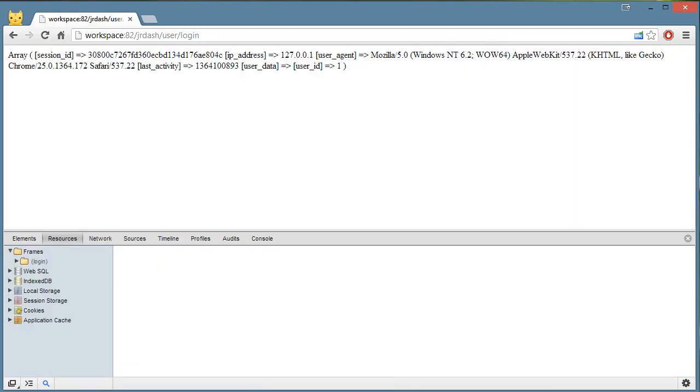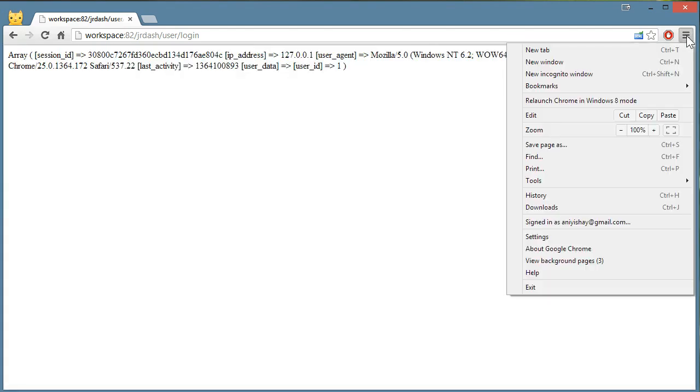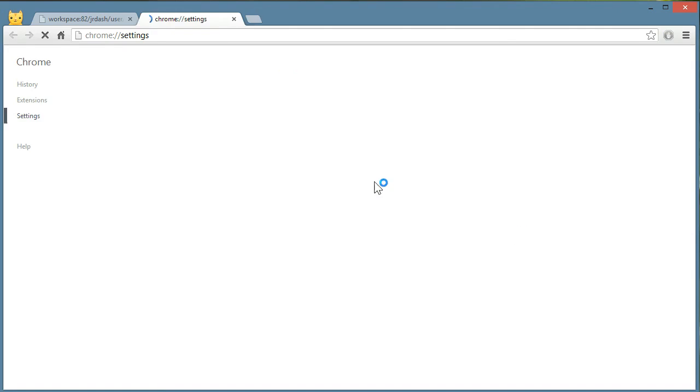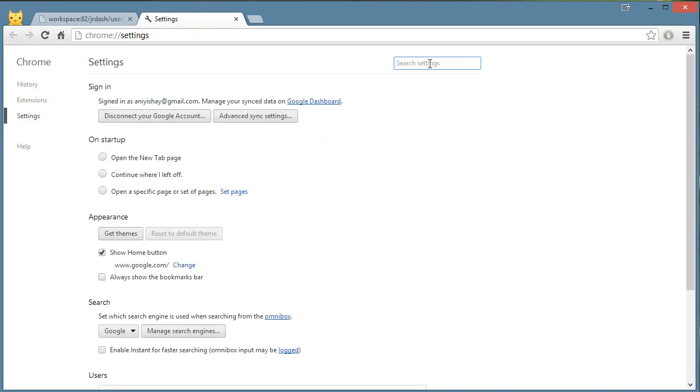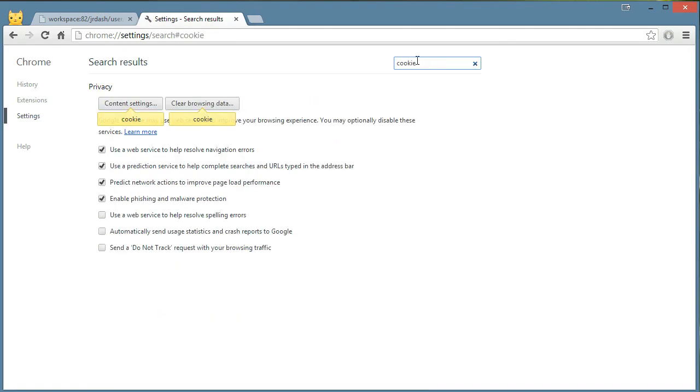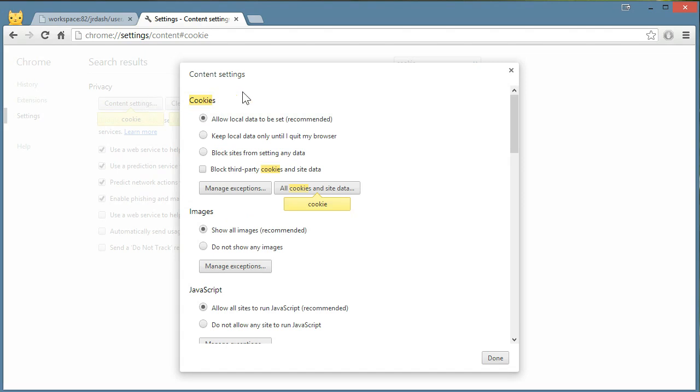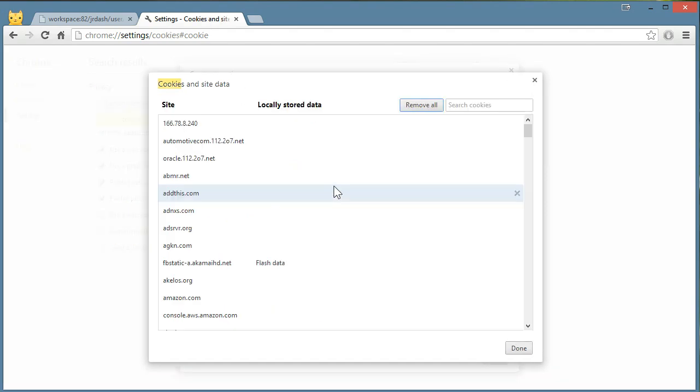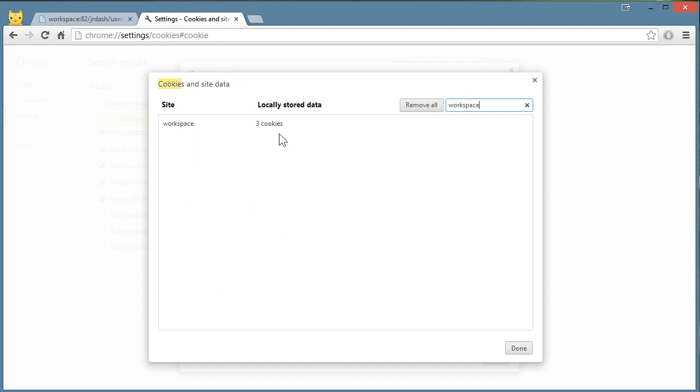Forgive me, it's not this area. It's actually in your settings. So settings, and I'll just search for cookie and content settings, all cookie and site data, and I'll just look for workspace, and we have 3 cookies,